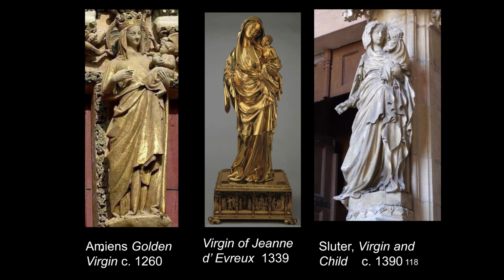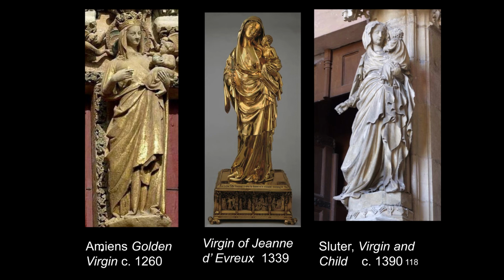And then, here we're moving into the 14th century, the Virgin of Jeanne d'Auvaux. Now, that was the Queen of France. And we have this little gilded statue of the Virgin. And once again, she's dainty. Her draperies fall in lovely arcs and cascade down. Here the Christ child is touching her on the chin. She forms this beautiful reverse S curve of her body. Dainty, courtly, the Queen of Heaven.